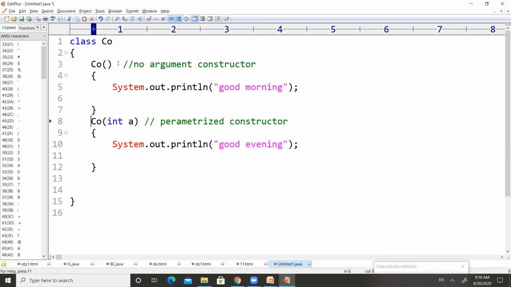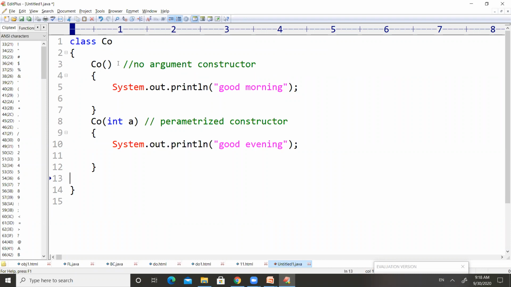So these are the two constructors. The first one is a no argument constructor and the second one is a parameterized constructor. As we saw in the PPT, these are executed while creating an object for the class.